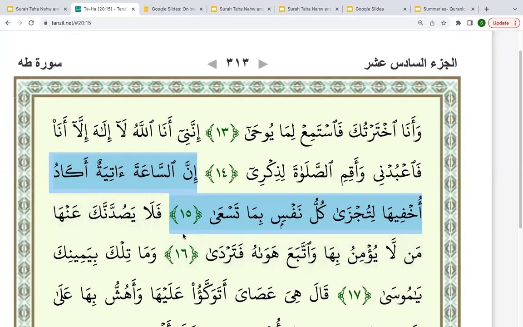Bismillah ar-Rahman ar-Rahim. So Surah Taha, here is the verse that we were working on. We have covered almost 4 verses in our last session. With 15, we have covered in the session before, but we still did not go over this ma. However, in the last session, we did go over the 4 ways you can label the sentence akadu. Everyone remembers? How can we label sentence akadu ukhfiha, the sentence that is coming after the main sentence, inna sa'ata atiyatun.